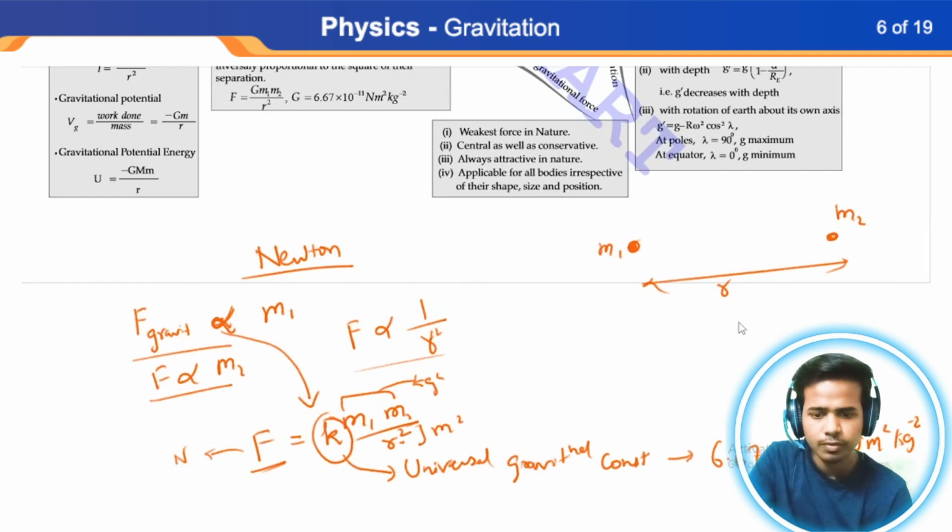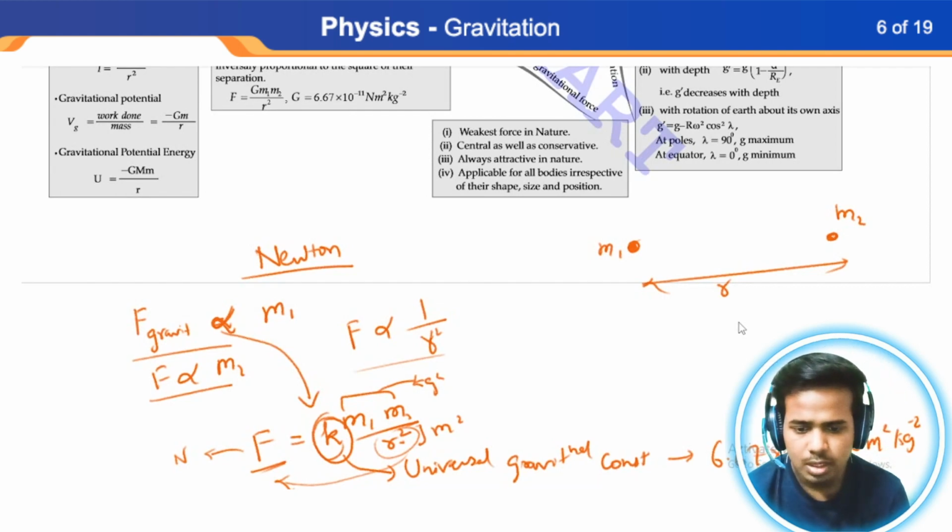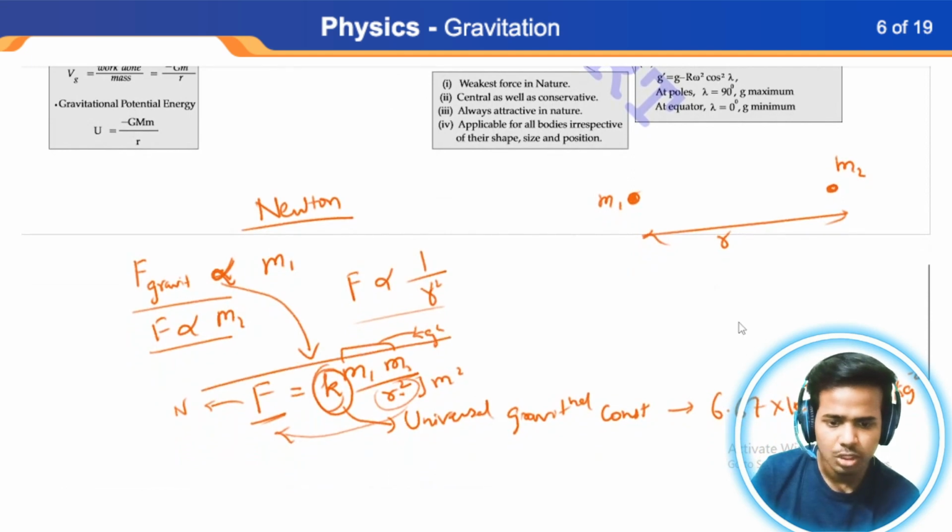So when you find the unit of k, you can put it here and divide the whole thing by m square. Anyway, so this was Newton's law of gravitation,